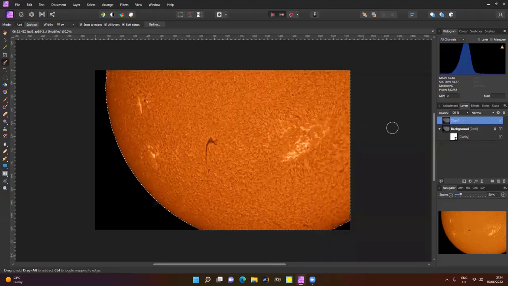Remember, this is what you like. You're the one who spent the time actually capturing the data. This is your image. You just got to make it your own. So that's what I end up doing here. If I take that off,